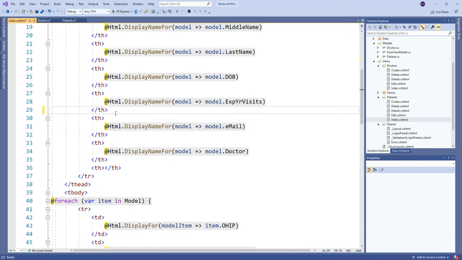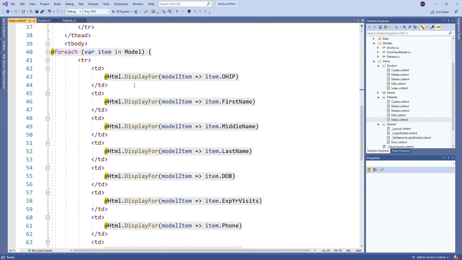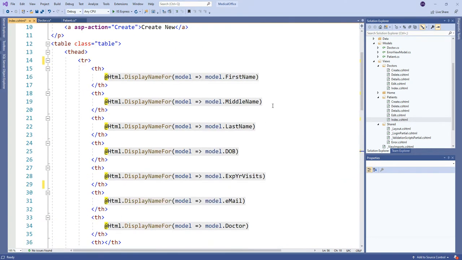Just take that out, okay? Now make sure I do the same thing down here in the for each loop for the actual table rows. Take out OHIP and take out phone. Okay, all right. We want to use our new full name, okay? Both doctor and patient have this full name, okay? So instead of first name,